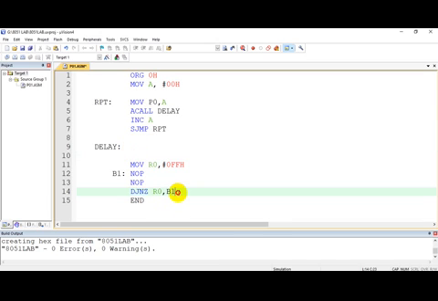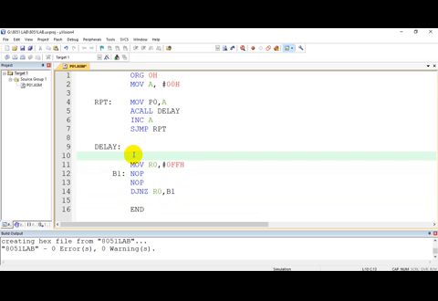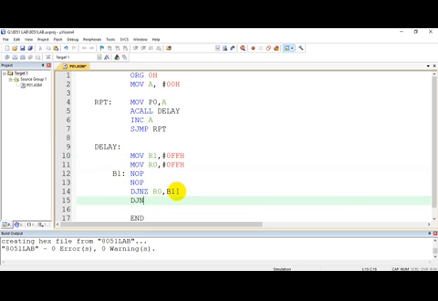So this entire delay will be repeated again 255 times, so #0FFH, and this will again be decremented. So it is a loop inside a loop. Again, this loop is repeated to generate more delay. How do you decide this?